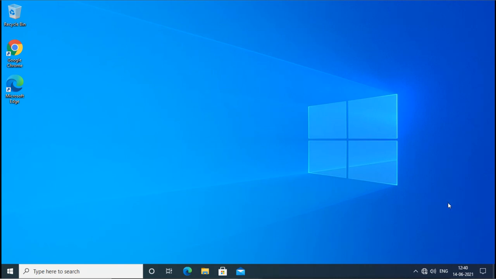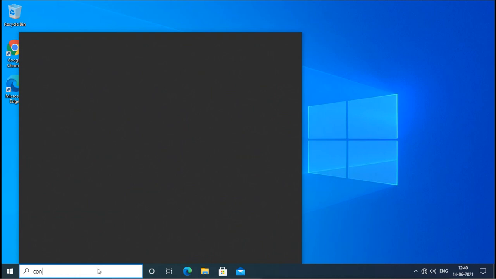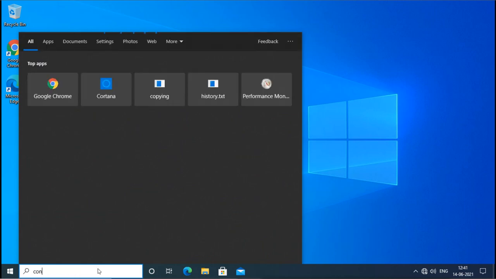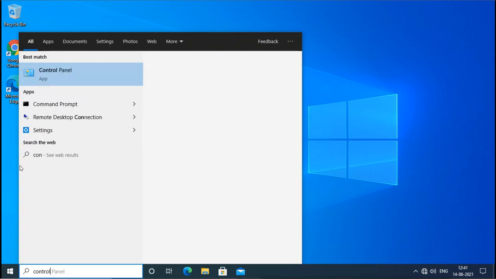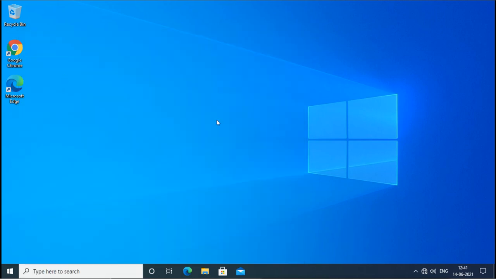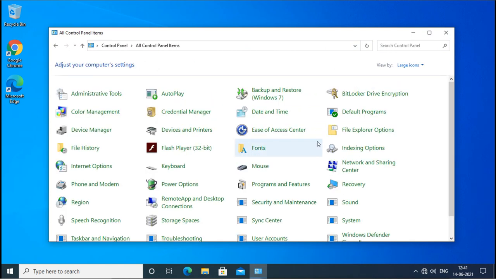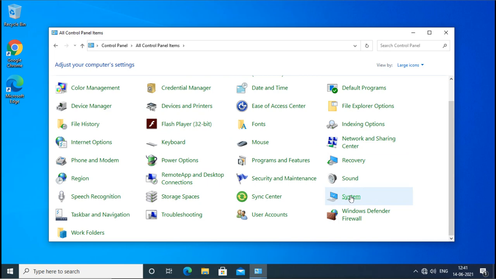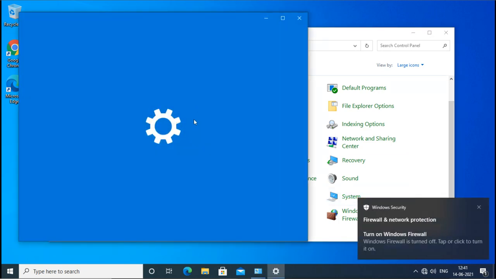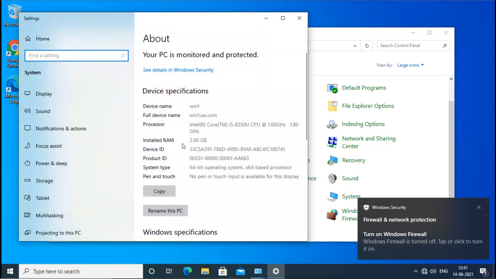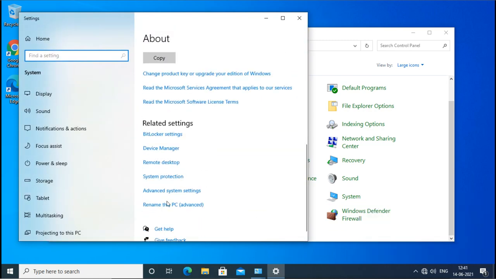So we can verify by going into control panel and system settings, and we can check the name of this PC.